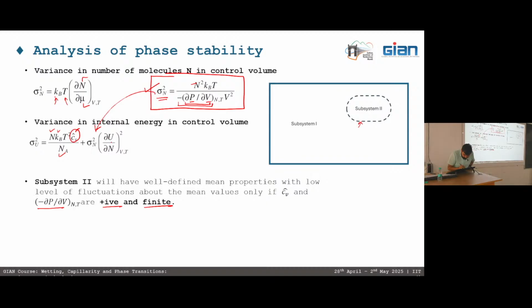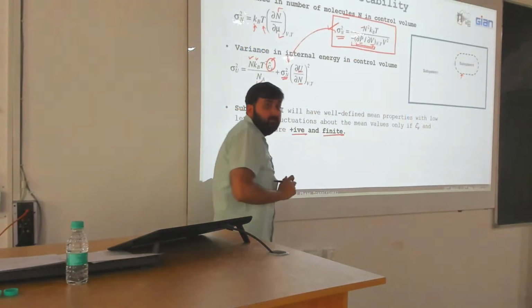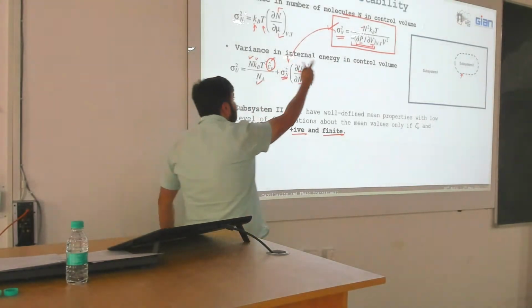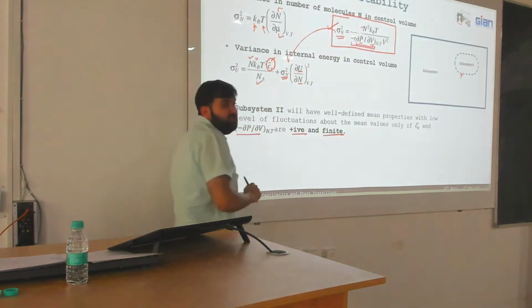Further, U and N, the energy of a system and the number of molecules, are both also positive, and of course there is a square there, and the sigma n square is there. What we can see here is that even if this term is a positive quantity, if its magnitude is small, that will lead to very high fluctuations in the number of molecules or the density of the system, and that further will lead to fluctuations in the internal energy of the system.